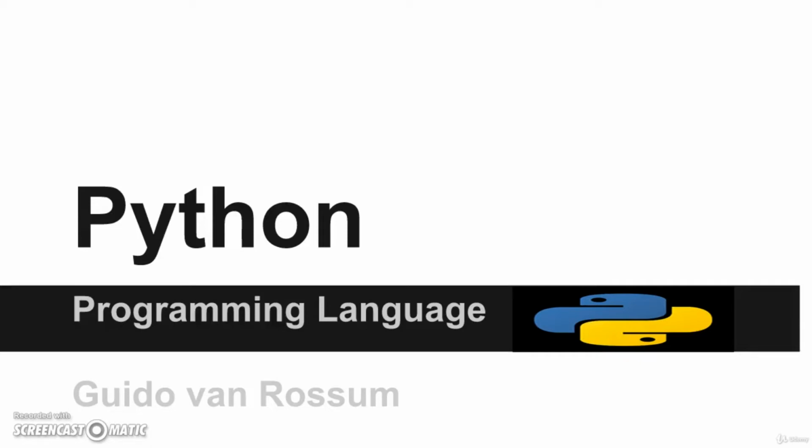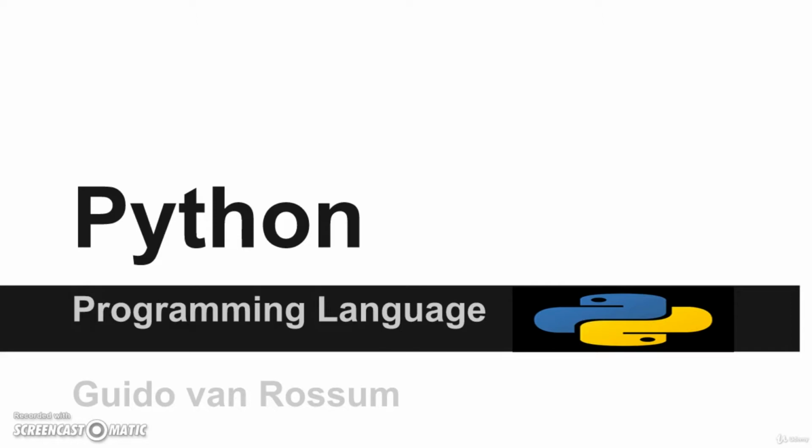Python is the simplest and easiest programming language available in the market today. So what is Python? Python is a high-level, interpreted, interactive and object-oriented scripting language. Python was designed to be highly readable, which uses English keywords frequently, whereas other languages use punctuation, and it has fewer syntactical constructions than any other languages available in the market today.